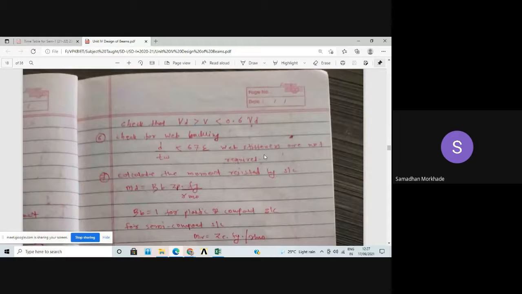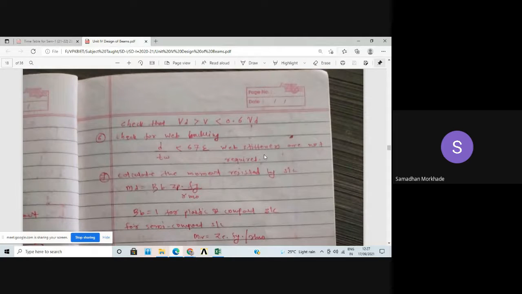That is, when the depth of the beam increases, the web is going to buckle. So to avoid the web buckling, we have to strengthen that web. And how to strengthen? We are going to provide some additional steel plates, and those steel plates are called stiffeners. And there are various types of stiffeners. Okay, so stiffener study we will discuss in more detail in unit number 6, when we are going to study design of plate girders.